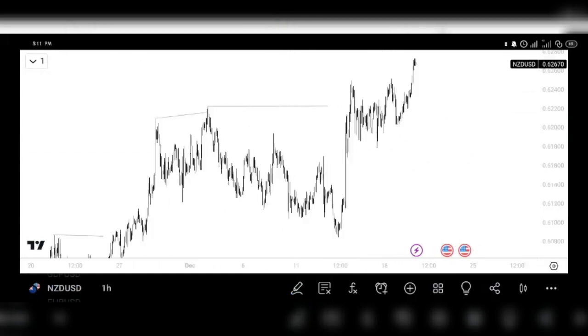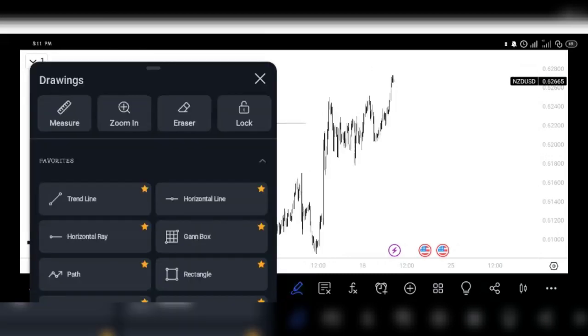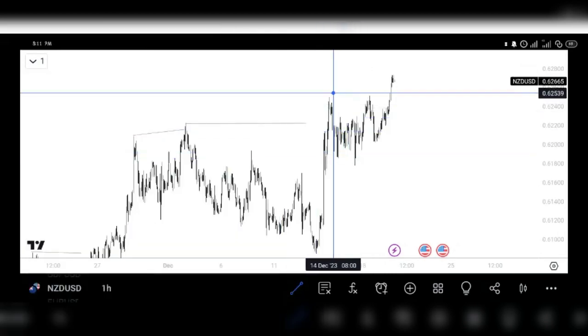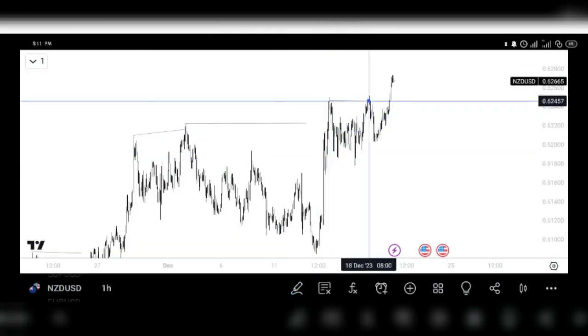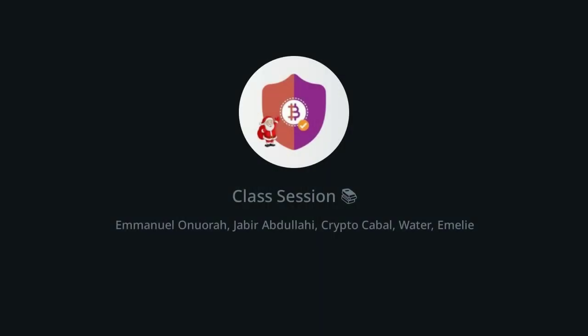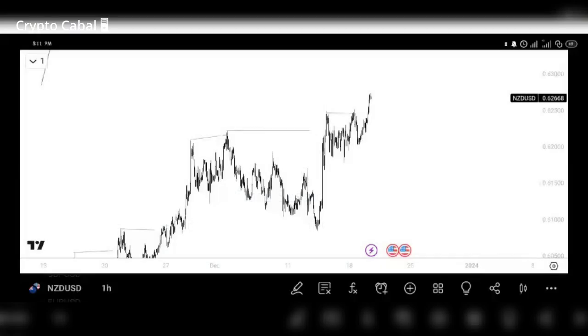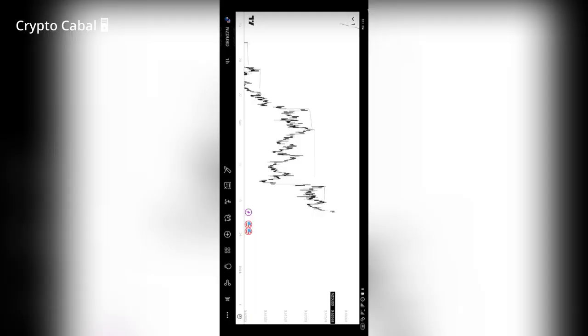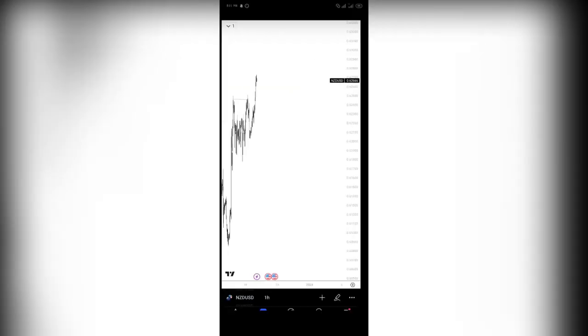Price already took out the transactional liquidity. It dropped. It took out this transactional liquidity. It dropped. That is just what transactional liquidity is, for correction. Now, I said we have the second type of liquidity that I talked about. Let me quickly look at it. I said we have